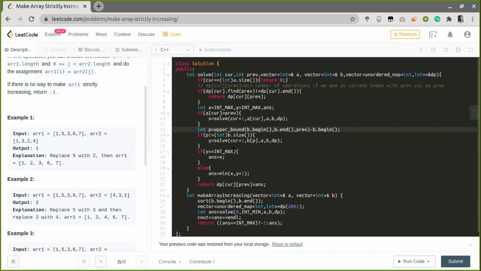Make sense? Yeah, makes sense. Therefore, now this knapsack way works, but it's not a straightforward way. And also, you're not replacing any values in array one. That is also good.